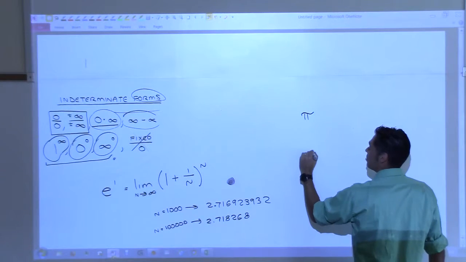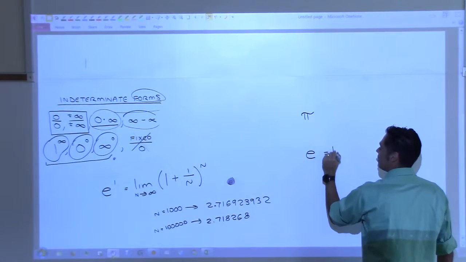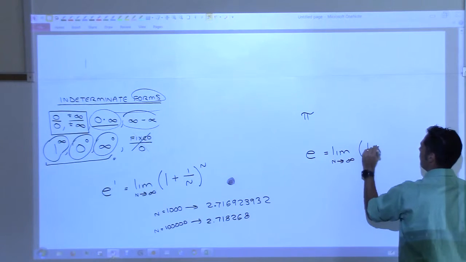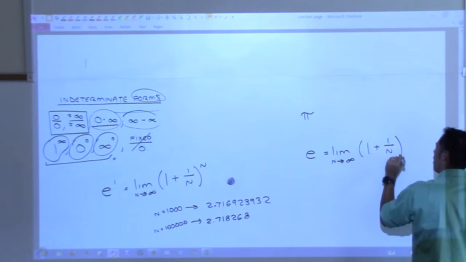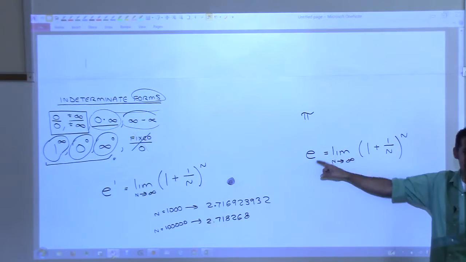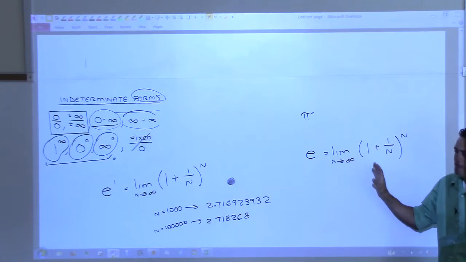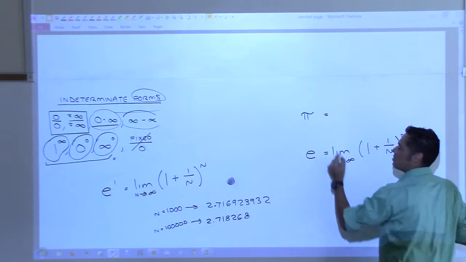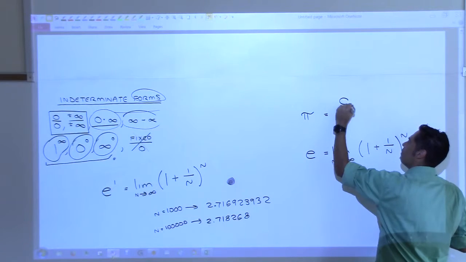Because I just gave us the precise definition of e. e is exactly defined to be a limit. And this is the first time this has ever happened. You have never defined a number ever in your life as a limit before. But we are defining e to be this number. All right? But if someone wanted to know what pi is, fortunately for us, it is not a limit. It is this simple.